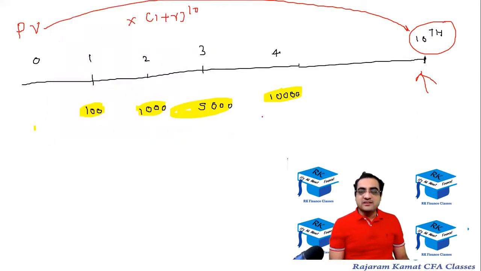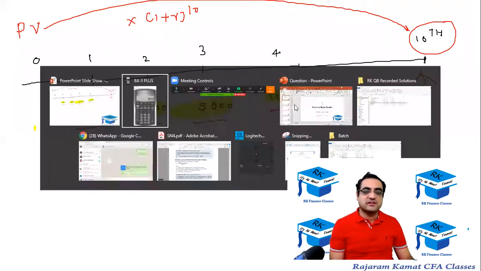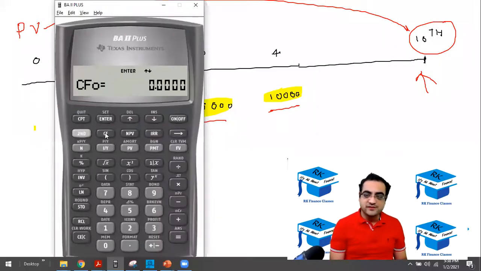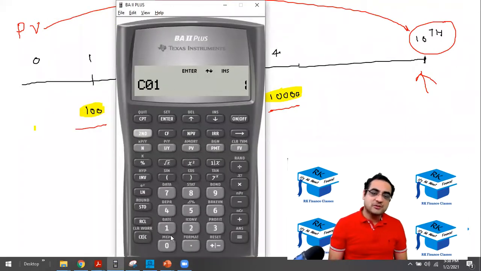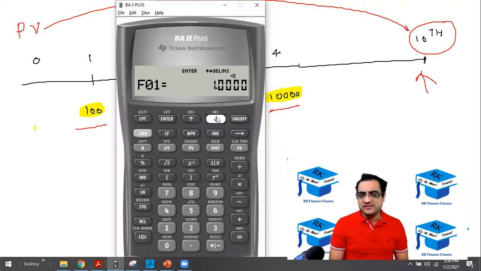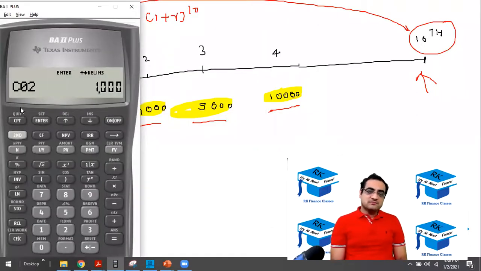Okay, so what I'll do is take the cash flows in the CF function. CF, second CC. It's important to clear the memory. So press CF and press second CC. This is important. Then there is nothing in year 0, so scroll down to year 1. 100 rupees, so press 100, enter. Scroll down, ignore the frequency. Scroll down. Year 2 is 1000, so press 1000, enter.